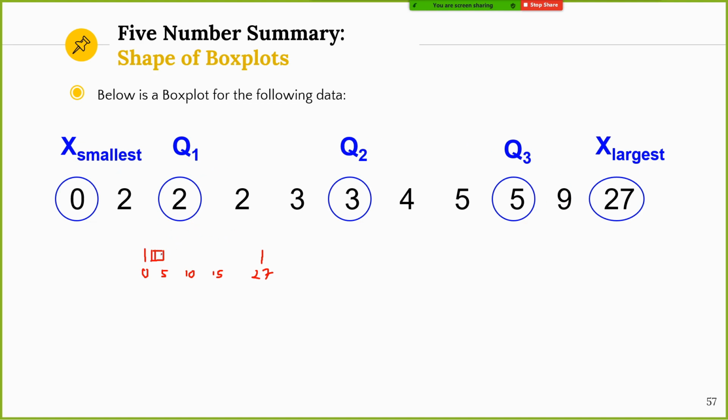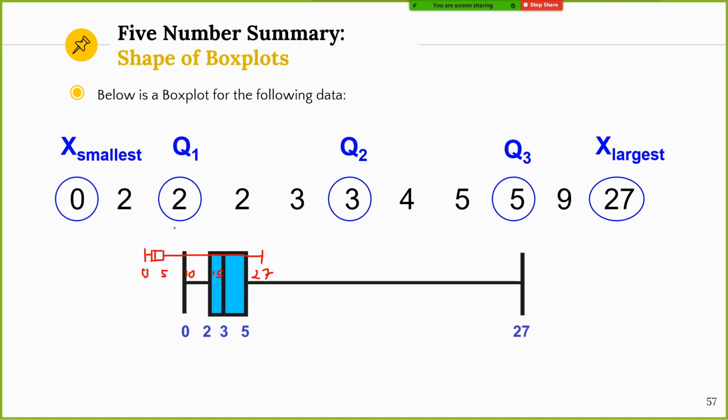True, right? You can create a line here. This is the range between the smallest to the Q1, and this is the range between the Q3 to the largest. This is our box plot. Based on this data, you can see the shape of your box plot, the shape of your data, and you can see there are possible outliers here because most of the data are concentrated here.